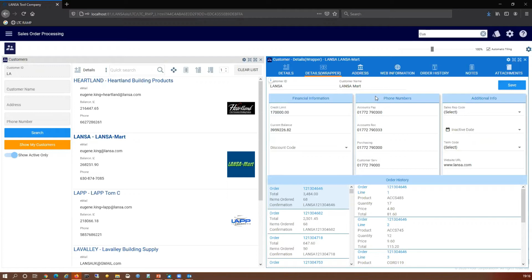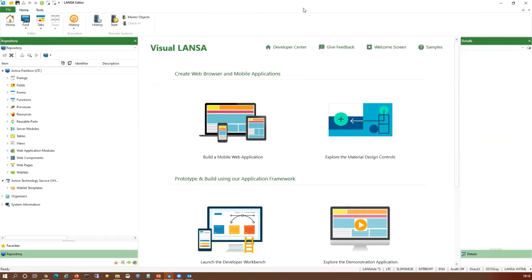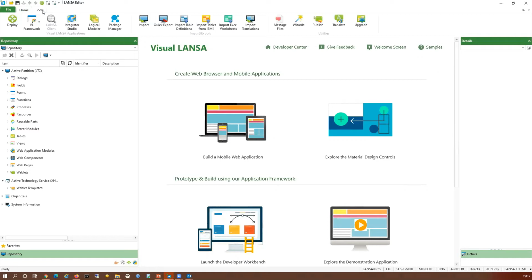Okay, so I've shown you a completed application, but how do we go about building that application? For that, I'm now going to open up the LANSA integrated development environment. So here, as a LANSA developer, this is where I'm going to spend most of my time. If you do attend some of the other sessions, you would probably have already seen this in action. We're not going to really see it as part of this demonstration because I'm going to be focusing more on the VLF. And to do that, I just go into the Tools, Visual LANSA Framework,